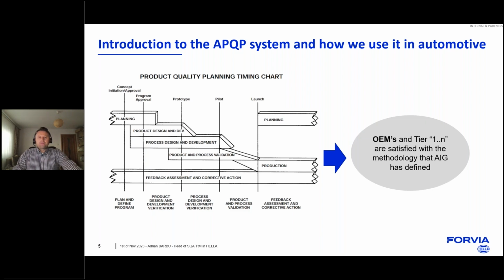So that's what I wanted to present from the standard approach point of view. Of course, the IAG is really detailed, so it's very well structured on how every phase has to be used, what the inputs and outputs are for every phase, and which team has to develop this approach. So I would say it's a really useful system in order to make our products in a safe way.